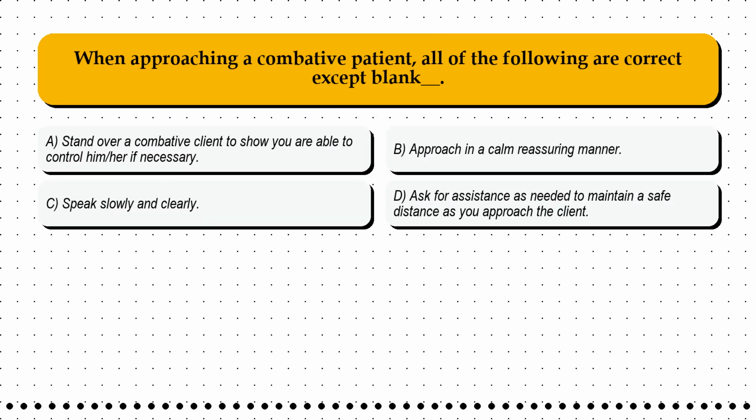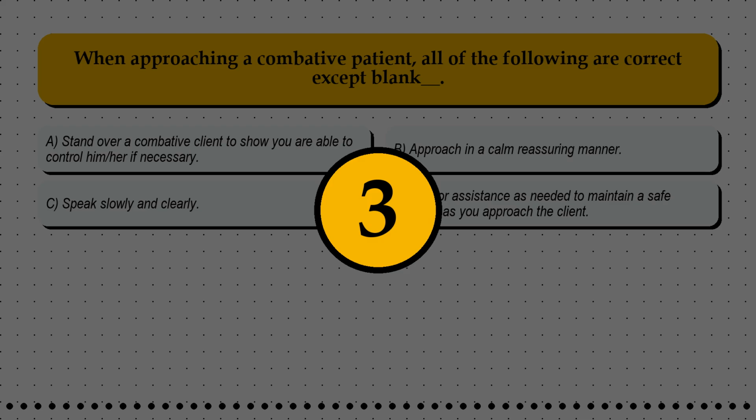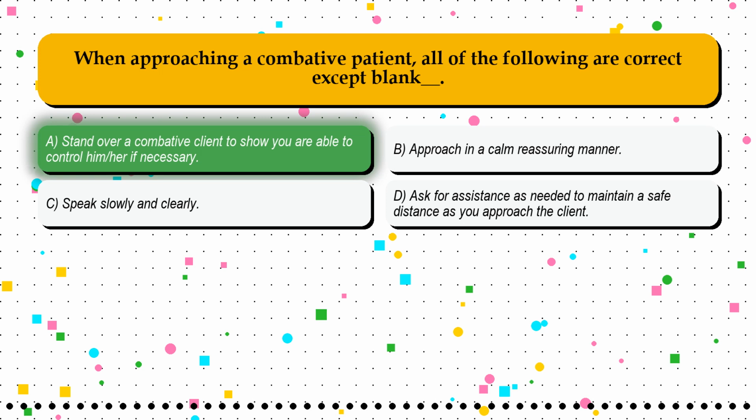Question 318. When approaching a combative patient, all of the following are correct except blank. Option A, stand over a combative client to show you are able to control him or her if necessary. Option B, approach in a calm, reassuring manner. Option C, speak slowly and clearly. Option D, ask for assistance as needed to maintain a safe distance as you approach the client. The correct answer is option A, stand over a combative client to show you are able to control him or her